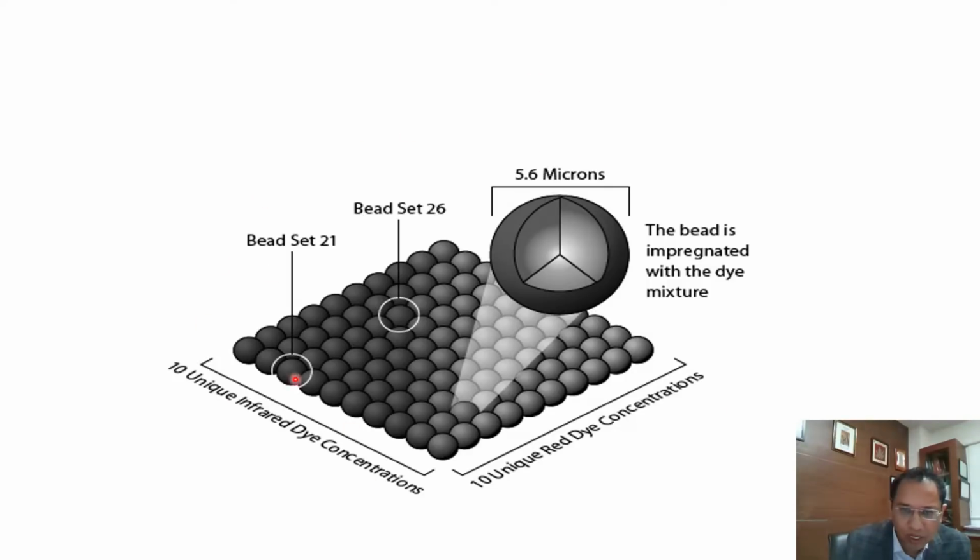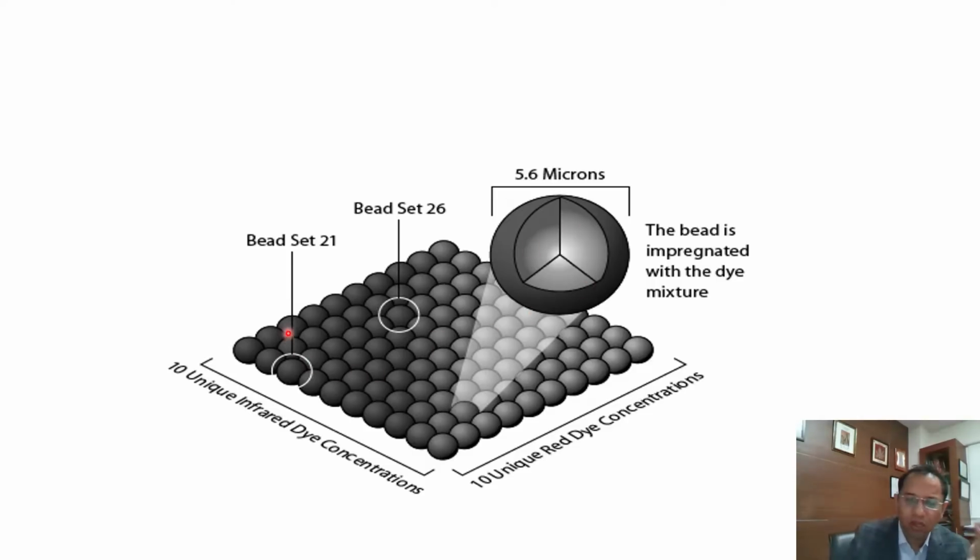So just to go deeper into the same, you can see there are sets of beads here. They are all unique in the sense that they have different concentrations of the fluorochrome. You can see that the color is changing. It is going from lighter to darker depending upon the concentration of one bead to another. So these beads are impregnated with a dye mixture. They visualize the cell of the body. I mean, you can see that they are trying to simulate a cell of the body with different concentrations of